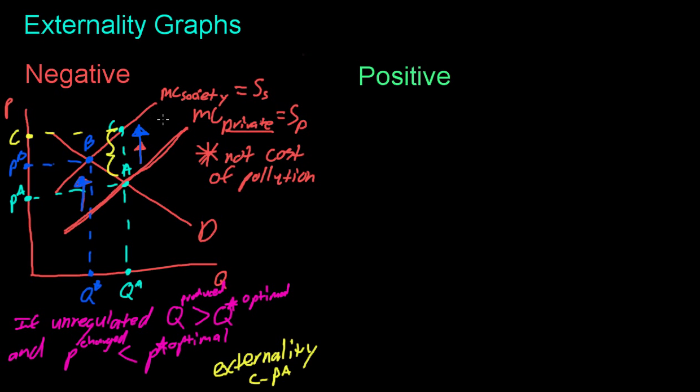So this is a simple graph that is quite powerful and gives you a lot of intuition for how to deal with a negative externality. And the best way to treat it is just like an increase in cost, which leads to a decrease in supply. So in the next video, we'll go over the positive externality, because I think that I've talked plenty here,